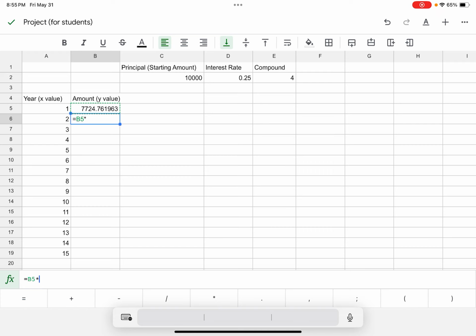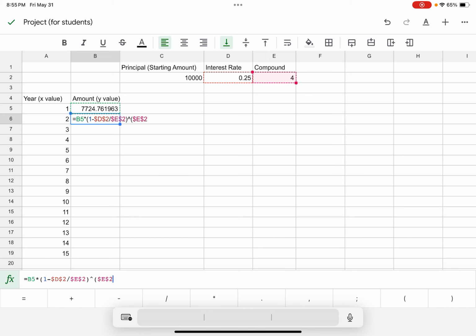And now I type the same formula I had above. 1 minus $D2 locked in my interest rate. I don't want to slide down, and that goes away. I want to always pull that number. $E2 locked in. I always want to pull that number to the power of